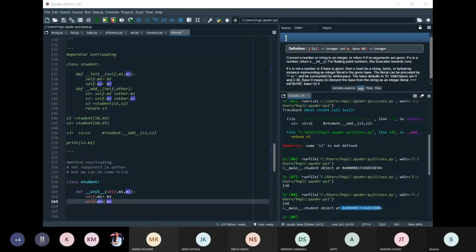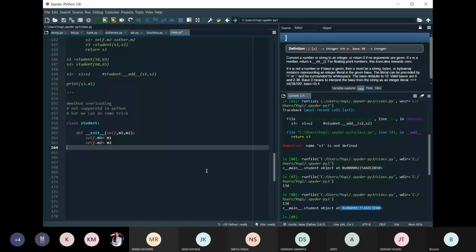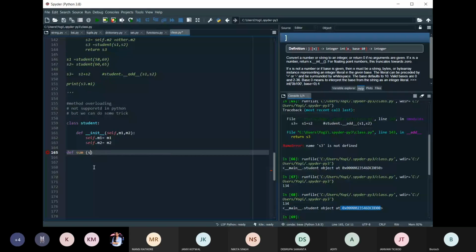The class Student I have taken, then I have initialized the method, and m1 and m2. After that, I want to create a function sum: def sum, self, comma a, comma b.